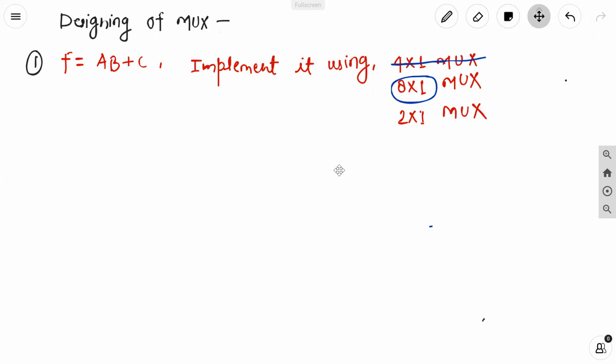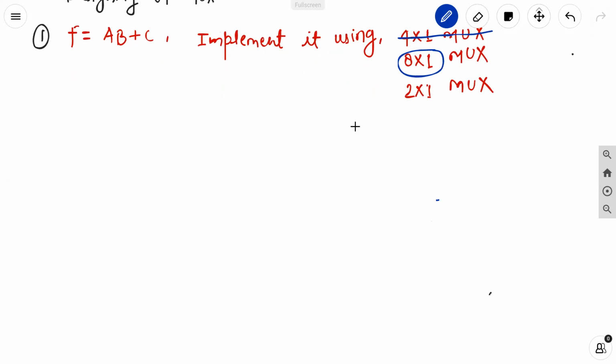For an 8:1 mux, we should use three select lines, and we have a function with only three variables. It means all our variables will go to the select lines. So A, B, C will all be used at the select lines. Now, if we use all of A, B, C at the select lines, then first of all, we have to write all the possible combinations of